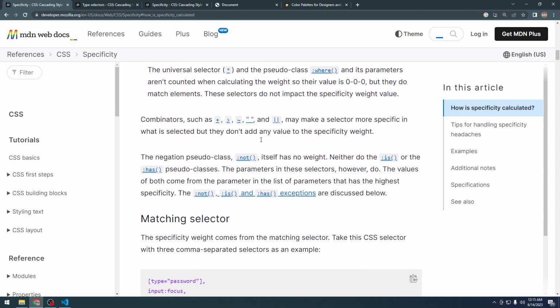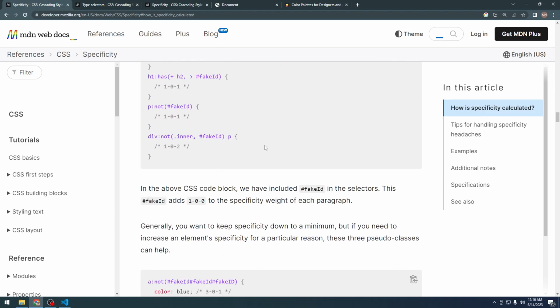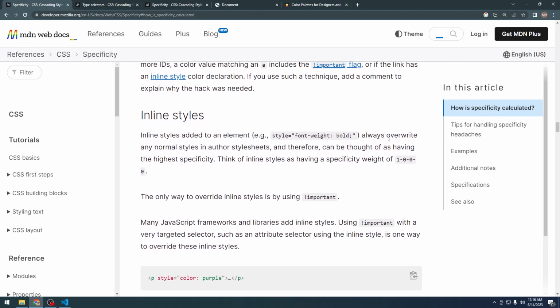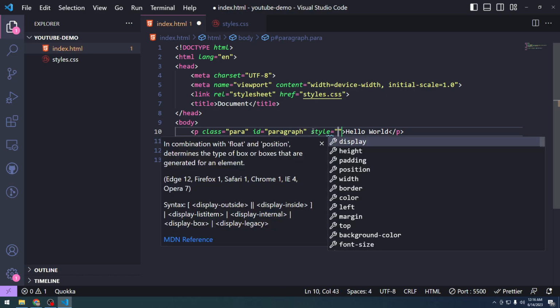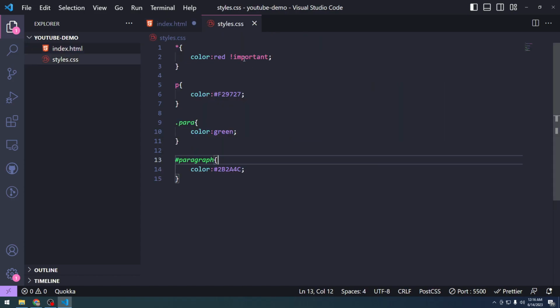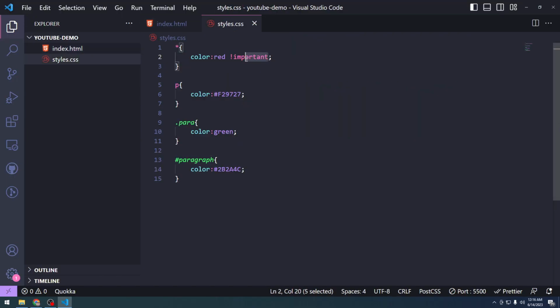There's one more selector, not selector per se, but inline. We've used inline, internal, and external CSS. Inline styles added to an element always overwrite any normal styles in author style sheets, as you can see. Let's go ahead and add style here. Style color white, let's say. So this will not be applied because we have stated important here. Yes, it did not work because of the important here. Let's delete the important, and then as we can see, okay, it turned white, so I can't even see the